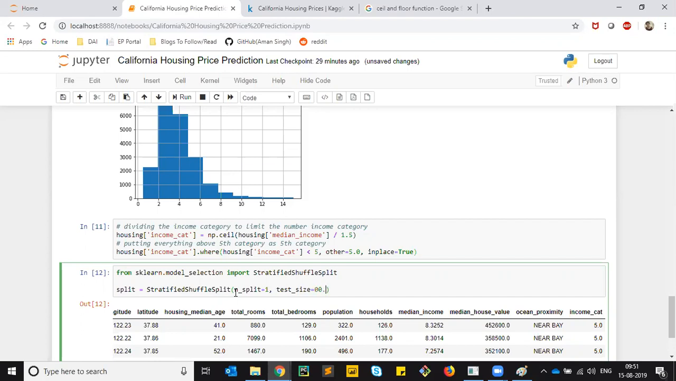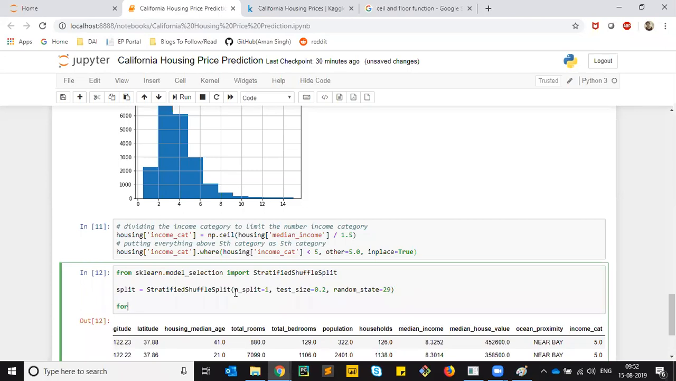I'll set the test size to be like 20%, so that's 0.2. And we'll give some random seed. So random state is set to 29, right? Then for